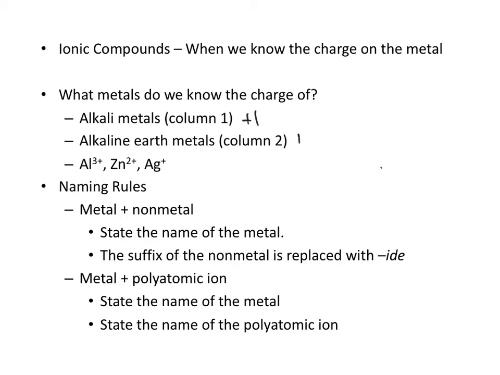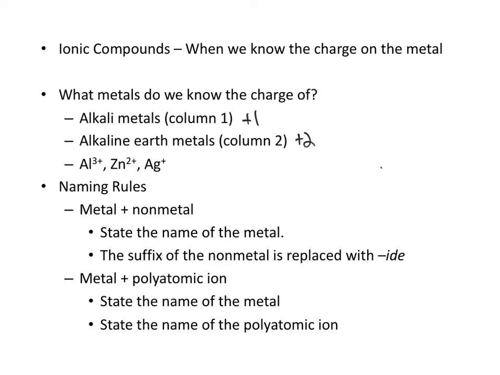Alkaline earth metals we know are going to be +2. And then we know aluminum is +3, zinc is +2, silver is +1. So if it's any of these metals, these are the rules that we would use. And so it's pretty easy. All you have to do to name them, if we have a metal plus a non-metal, just state the name of the metal, and then state the name of the non-metal, except the suffix of the non-metal is replaced by